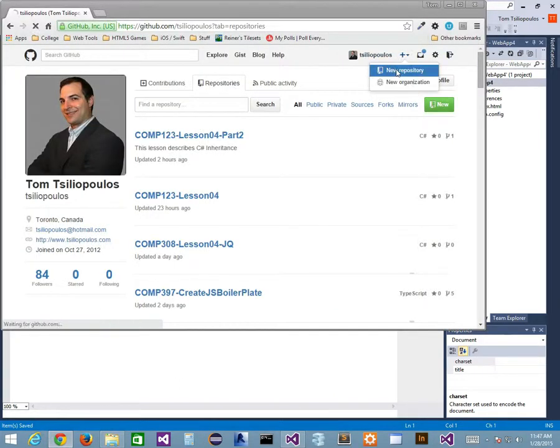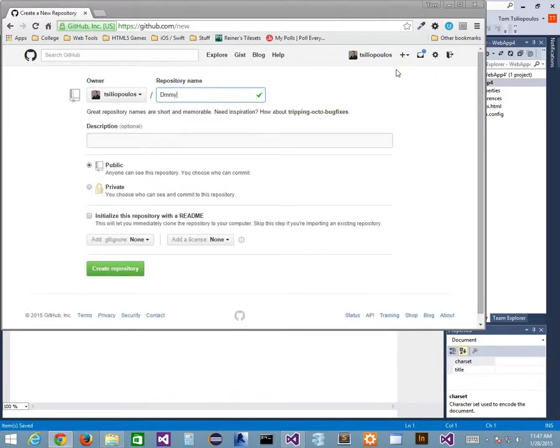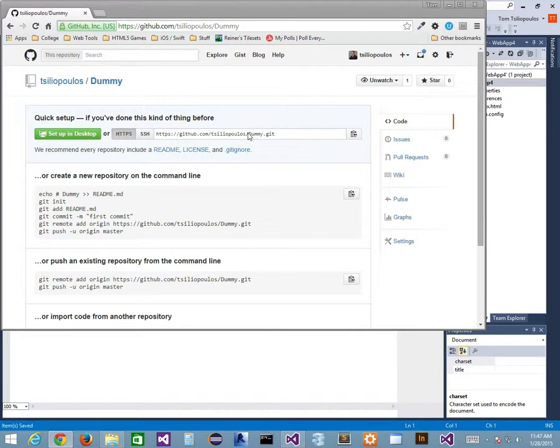Let's call it dummy again, right? And it should probably match the github.io page you're creating. Create repository. And now it says, look, set up in desktop, which is what I want to do. So I click set up in desktop, and if I have my